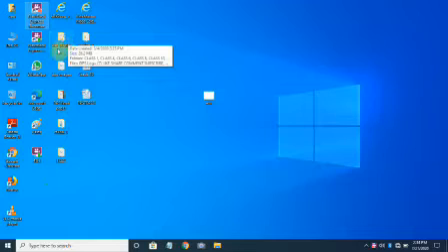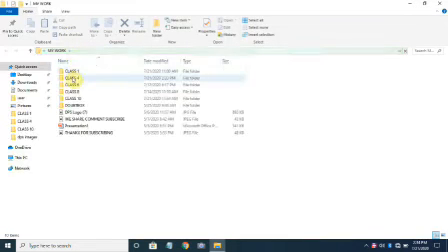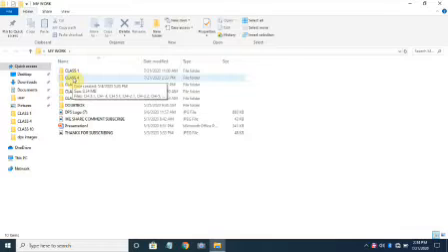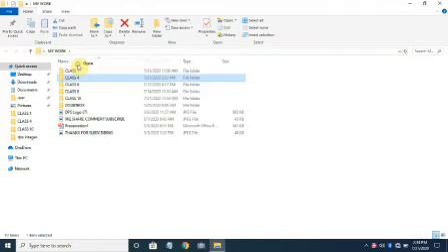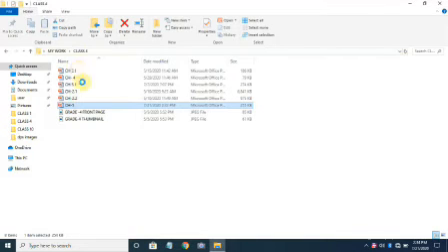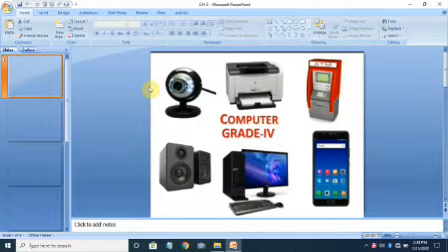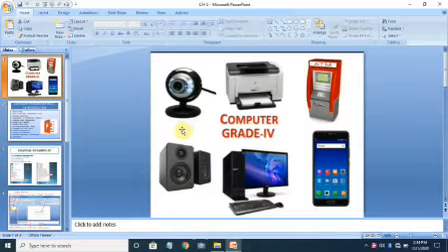That file is originally located here, my work. Okay, I'll click over it, I'll open the folder, then I'll find here the class 4th content. You can see here class 4th. That file is located inside this folder. This is that file which I was showing you as the example. So this way we have created a file and save our presentation file and open it again.